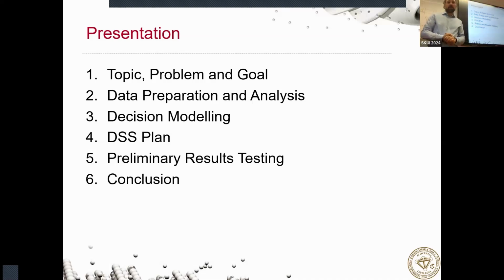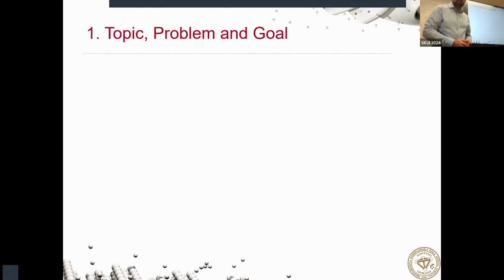Then the data preparation and analysis will be described. Decision modeling will follow. Decision support system plan will be shown. Preliminary results testing will be shown, and with the conclusions. What is important here is that this is work in progress. We don't have the finalized solution here, but what we will see here are the major steps of the decision